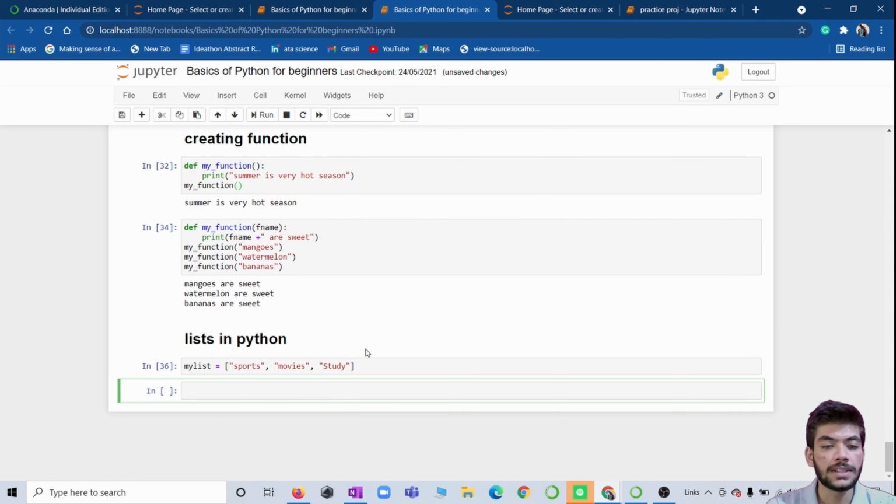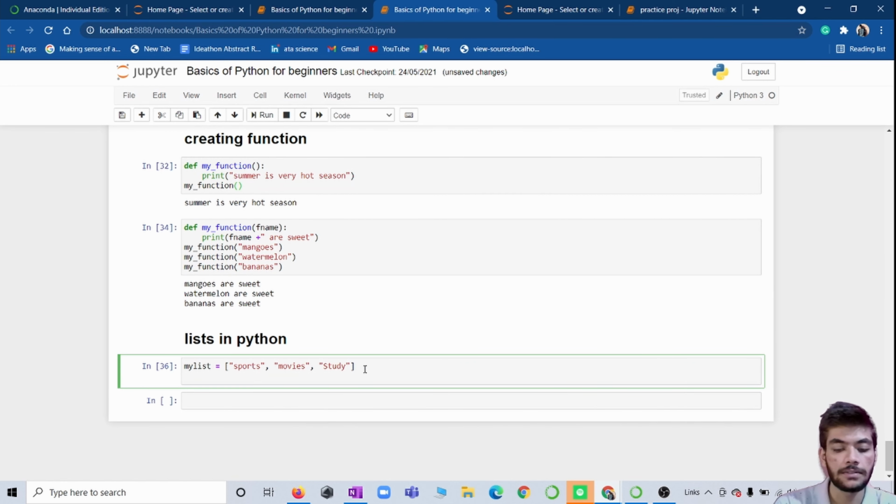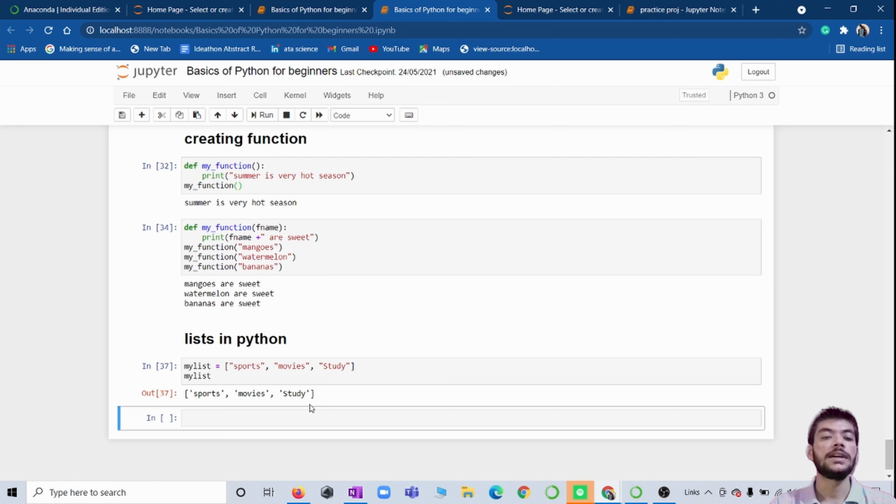So we will print this using my list. In a single variable we have assigned multiple values, that is sports, movies, study. As we print my list, we get the output.